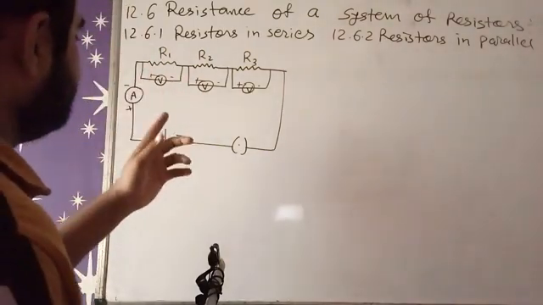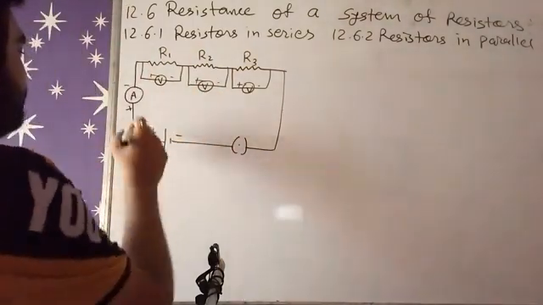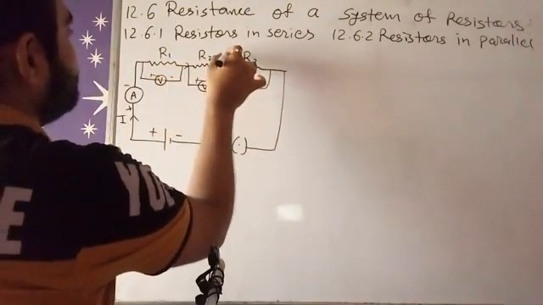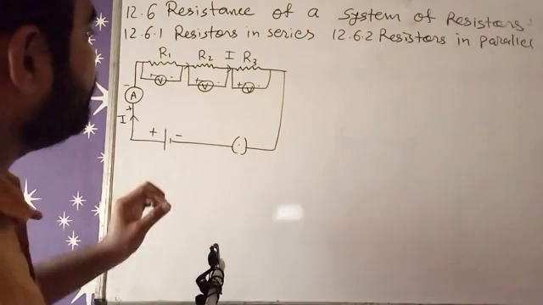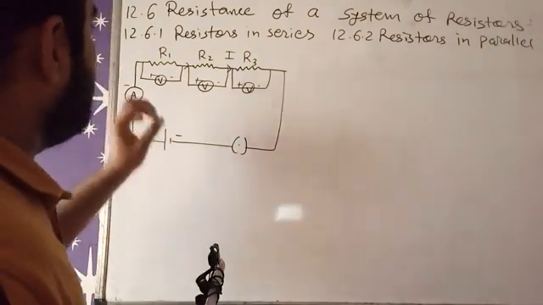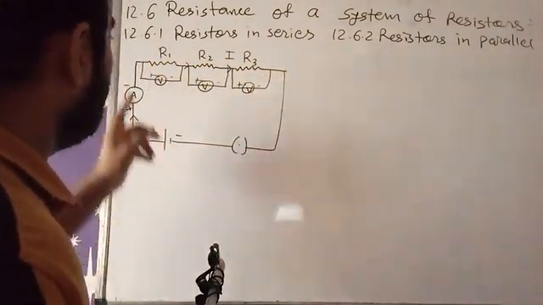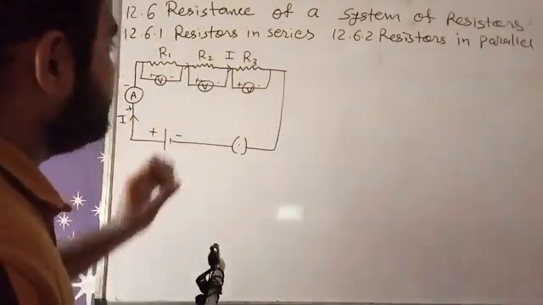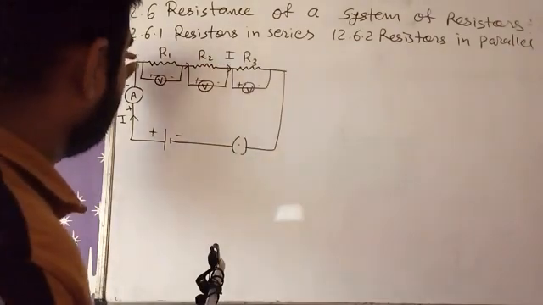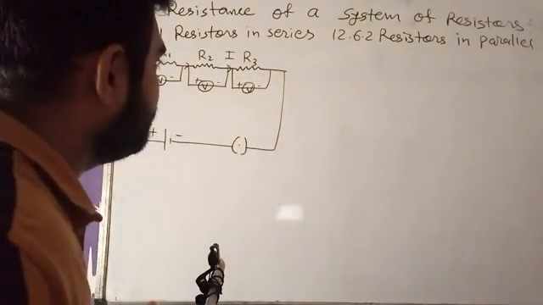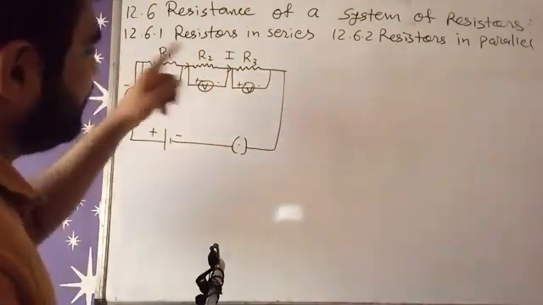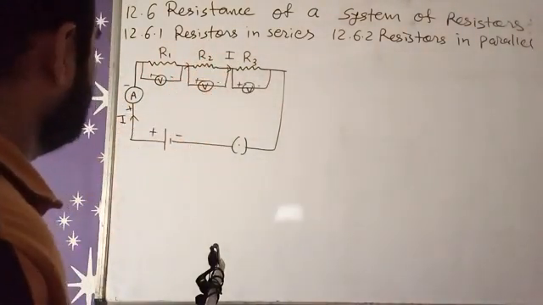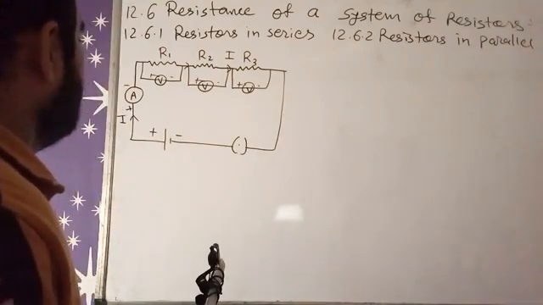The current which is passing through this circuit is I, from positive to negative. So current is always only one value, because current has to travel through only one path in the circuit. For traveling, current has to take only one path because no other path is there in this circuit. So the current value is always one here, which is I.